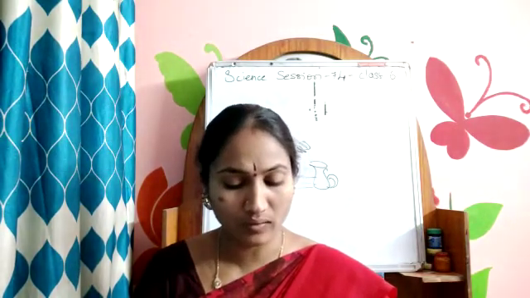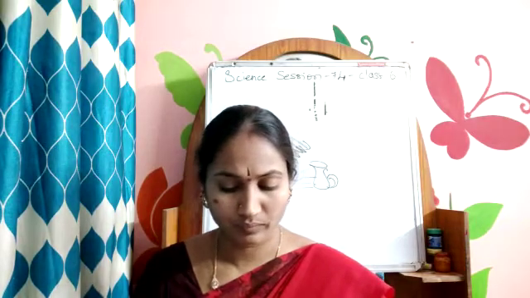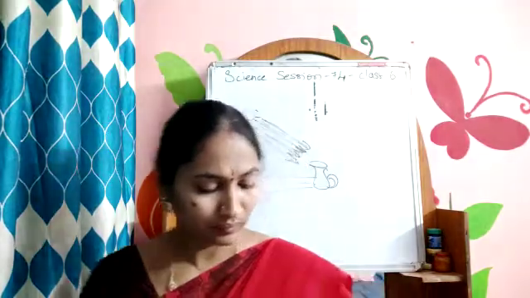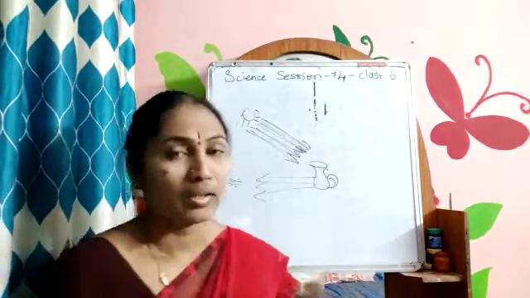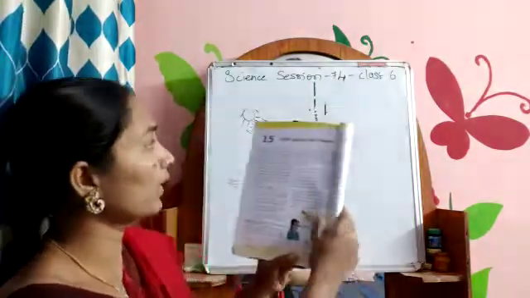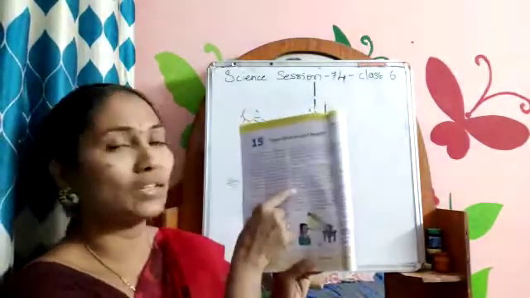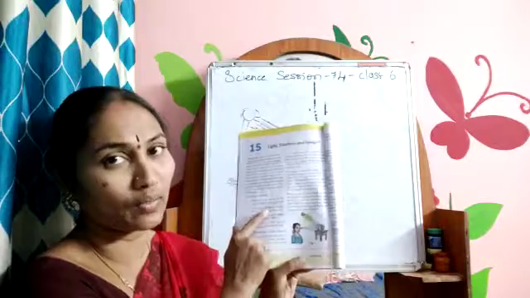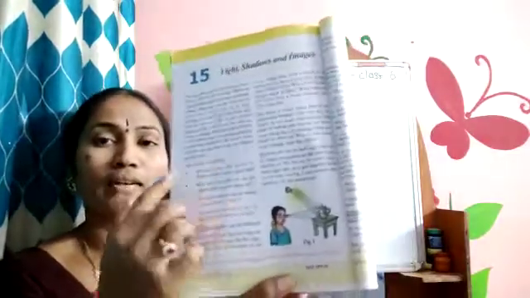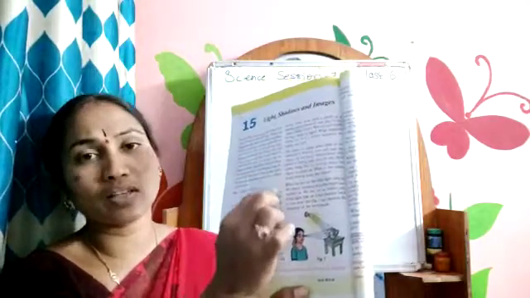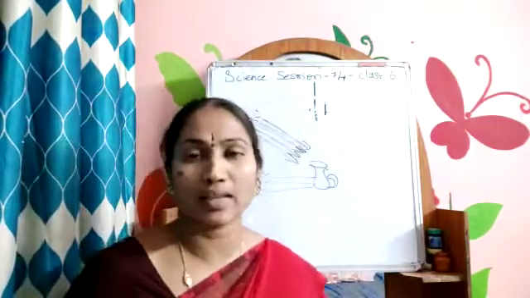And your homework is to write the keywords from page number 152. We have finished only this page, no? From this page, find out the hard words and write one time. You have to find out the hard words. You have to read this full page. The hard words you find, underline and write one time neatly and send me.